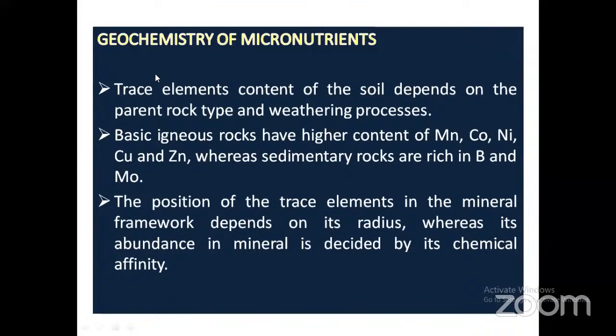Okay, fine. So geochemistry of micronutrients, you see, trace elements, this is the other name of micronutrients only. Trace elements content of the soil depends on the parent rock type. Which element is there in the soil? It depends on the parent rock, na? Because ultimate source of these nutrients in the soil is the parent rock and the weathering processes. We know that there are 3 kinds of rock: igneous, sedimentary, and metamorphic. And under igneous rocks, we also know that there is acidic rock, basic rock, ultra basic. So these basic igneous rocks have higher content of manganese, cobalt, nickel, copper, and zinc, whereas sedimentary rocks are rich